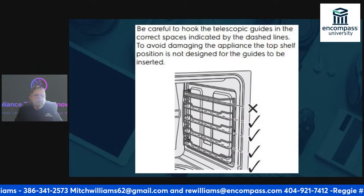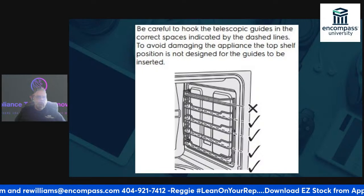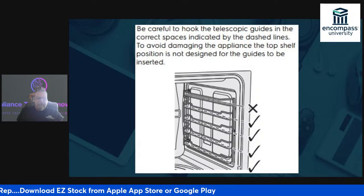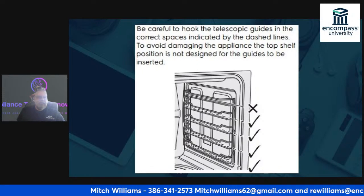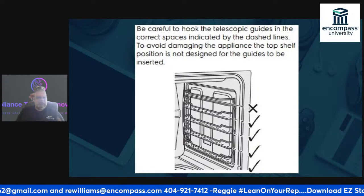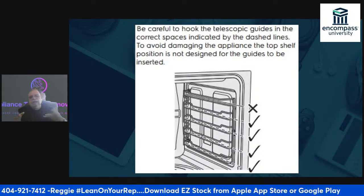Okay. So one of the things that as we go through, we have to make sure that the customer has everything in properly. One of the things that is imperative right here is to make sure that the telescoping guides are in the correct spaces. If you look at it, you notice there's nothing at the top. Then you've got 4 check marks. That's where you've got to make sure that this oven is in right, because it won't be level. As we all know,